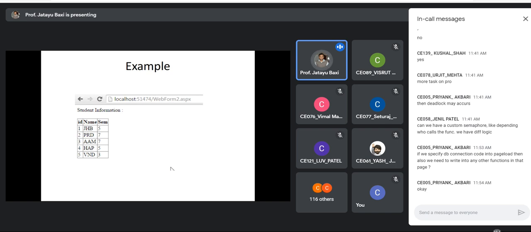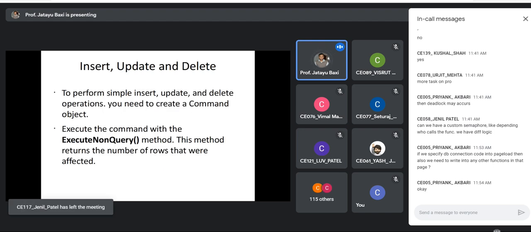Grid view also comes with inbuilt functionalities like inline editing and inline updation. All these functionalities we'll explore. But before that, we should see other operations such as insert, update, and delete. We have already seen how to get values from the database, so we have already seen query. But what about other statements? Let's say we want to insert something into the database, update some record, or even delete a record. To perform these CRUD operations, you need to create a command object